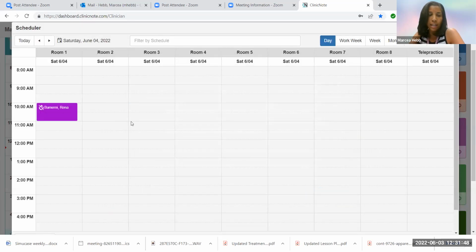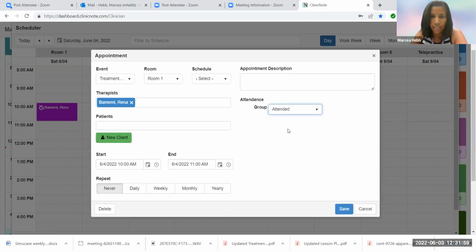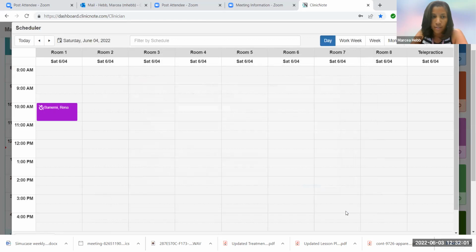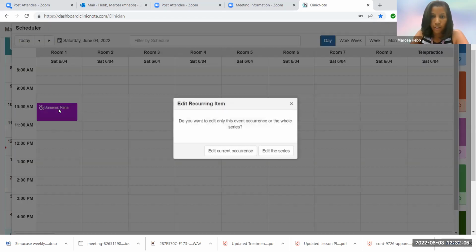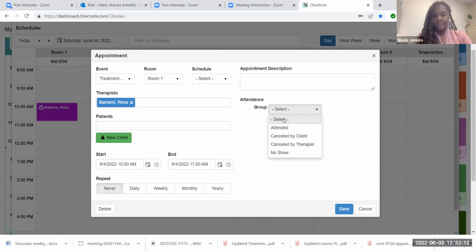Okay. And I'm going to save it there. Normally there's like a little green button, a dot, to let you know the client has attended that session. Let's check it again. Maybe I didn't save it. Okay. I don't know why it's not doing it now, but maybe because it's a test client, possibly, but normally that's